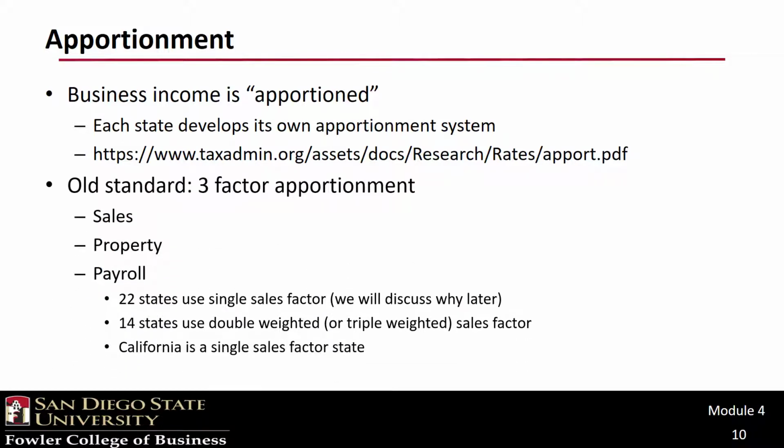Because there's a sense that economic activity makes a useful driver for apportioning income, the original and most widely used method by states was known as the three-factor apportionment formula. That considered the level of property, payroll, and sales in a state. Each state's share would be determined by taking the in-state amount and dividing that by the total amount for each of those. For policy reasons, we're going to see shortly that there's been a shift away from three factors towards a more heavily weighted sales factor, or even only a sales factor.